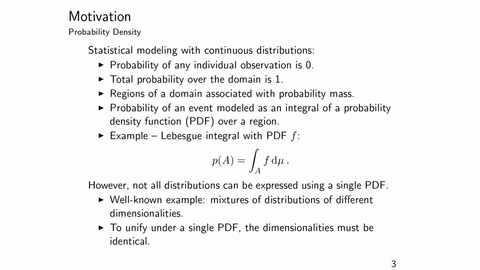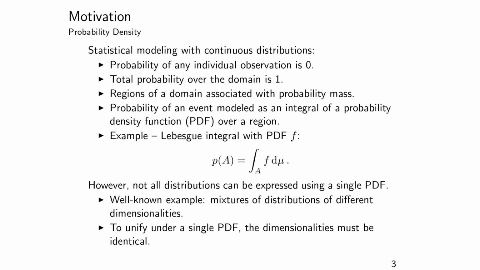The most well-known example is that of mixtures of distributions of different dimensionalities. So we might have a combination of a distribution that's in one dimension, then another that's aligned in a subspace of another dimension, and then some probability weighting is given at the time of generation for deciding which of these distributions generates the observation. But to unify all this under a single PDF, it's possible only when the dimensionalities are